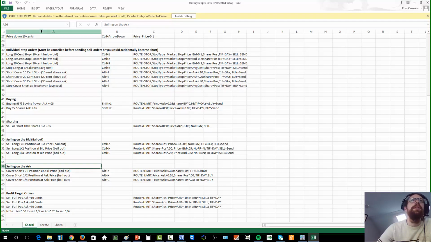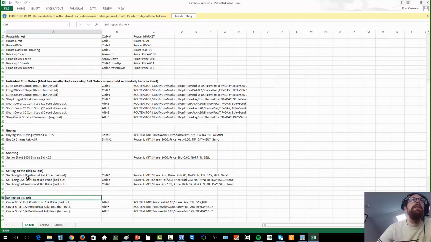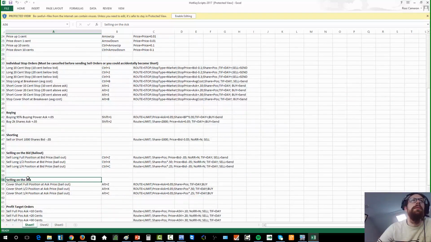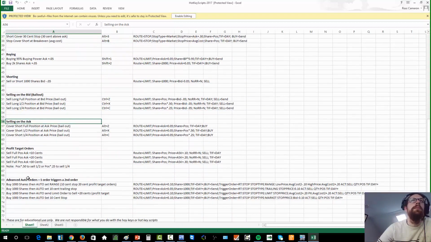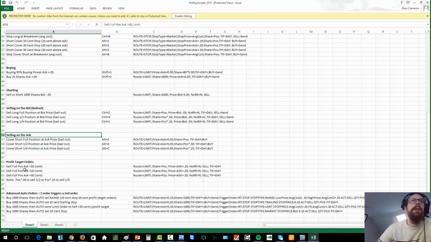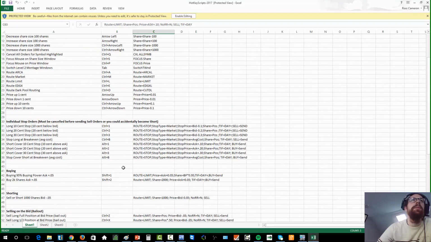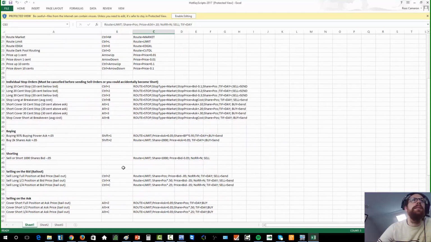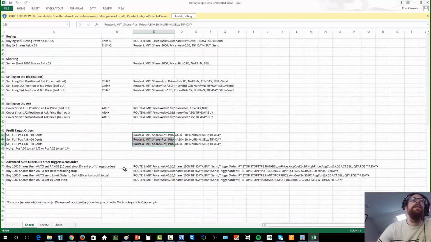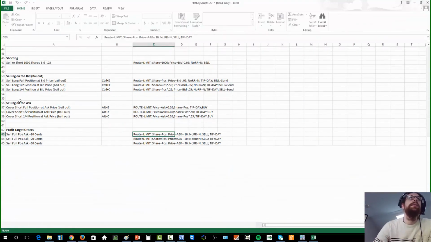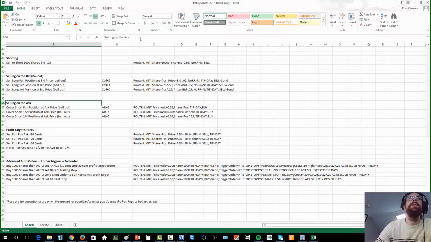This is for covering a short position. You've got these profit target orders right here, which is to sell above the ask. I'm really surprised I don't have those on here, but you're right. It appears they're not. So let's see. Profit target, selling on the ask. We would say this one is covering a short,